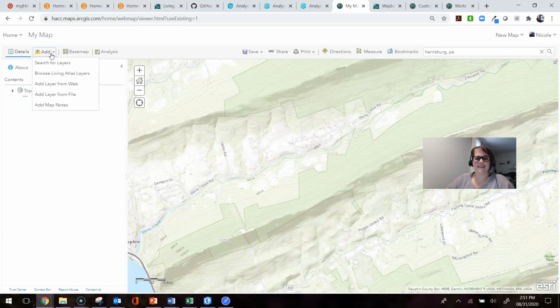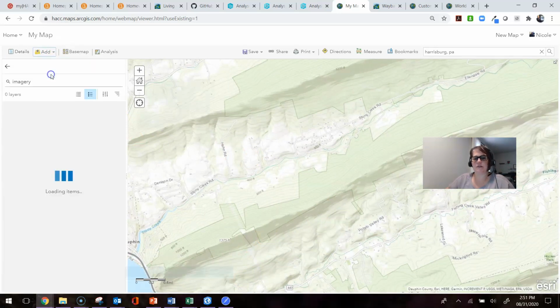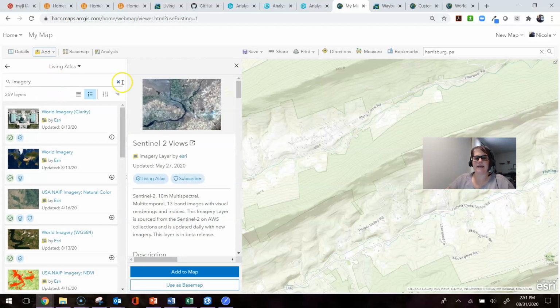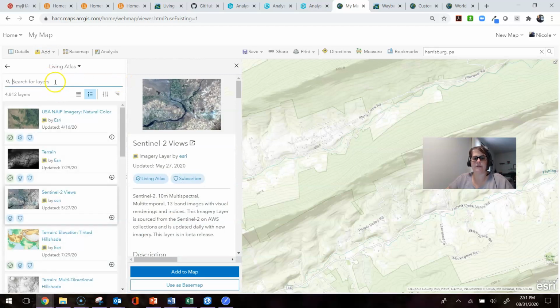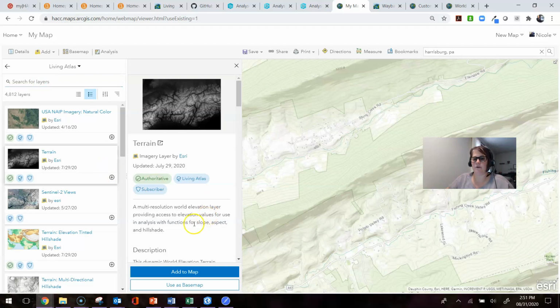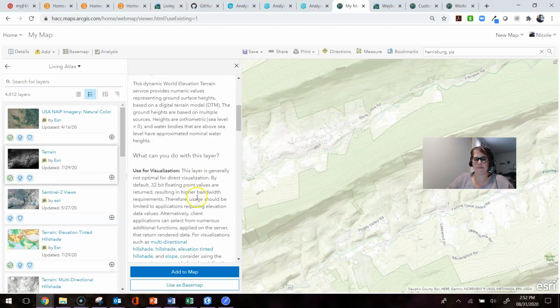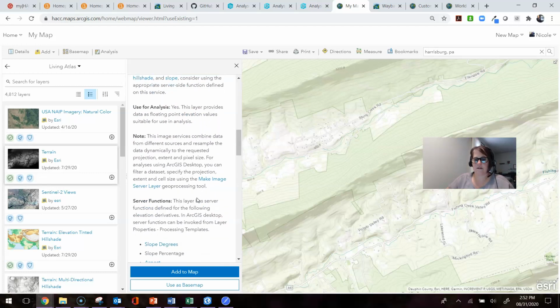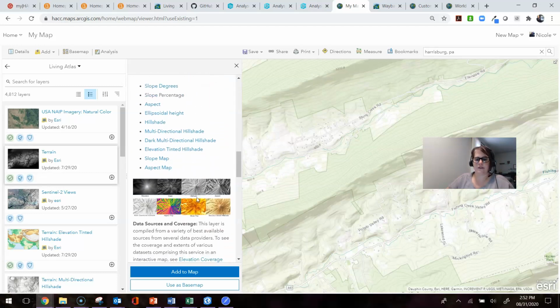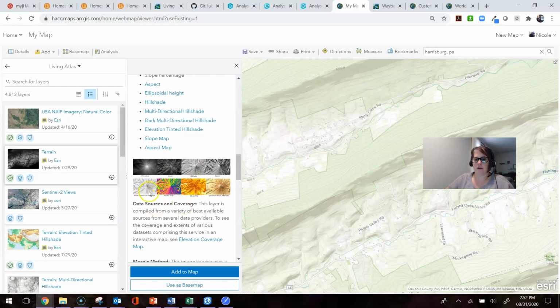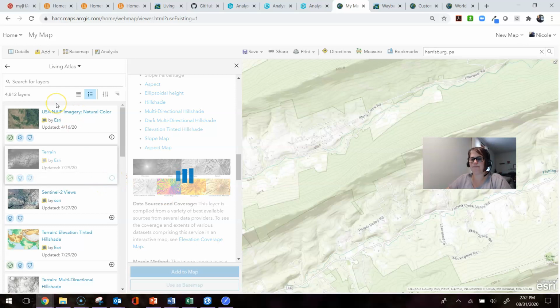So to add the terrain data set, again, we go to Browse Living Atlas Layers, and here I'm just going to clear out that search, and then the terrain is the second one, but if it was not the second one and you couldn't find it, you can just do the search for it. If you click on it again, it tells you what this data set is, and it tells you exactly the details and so forth, and what you can derive from that. So I'm going to add it to the map,